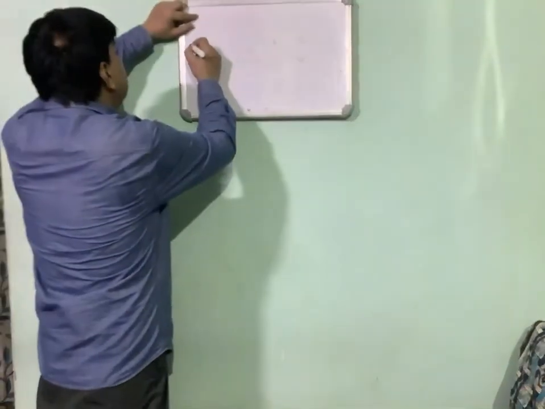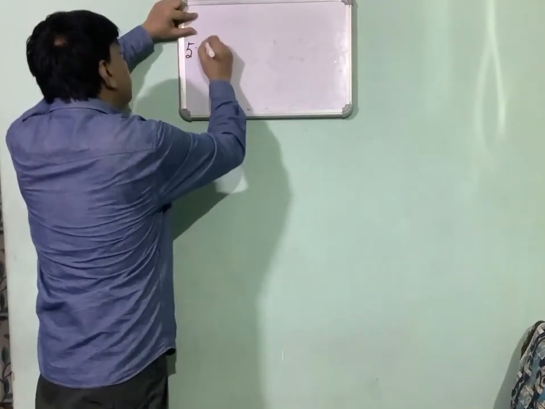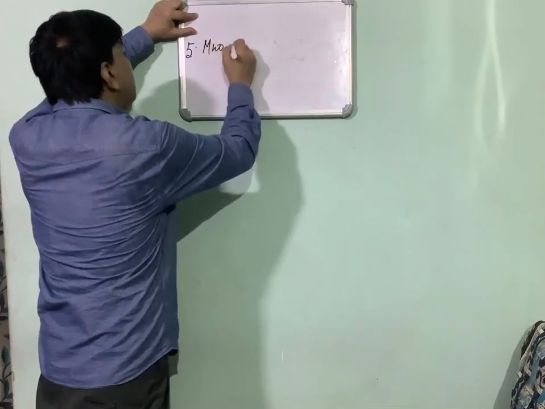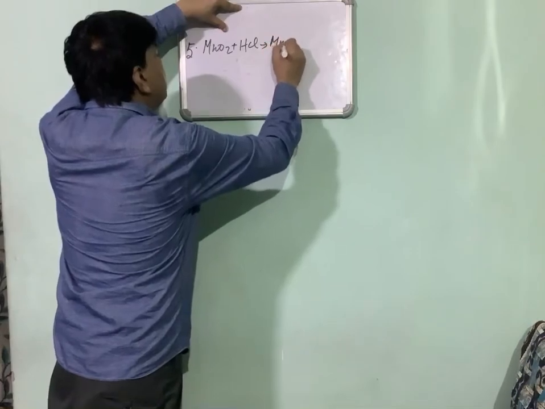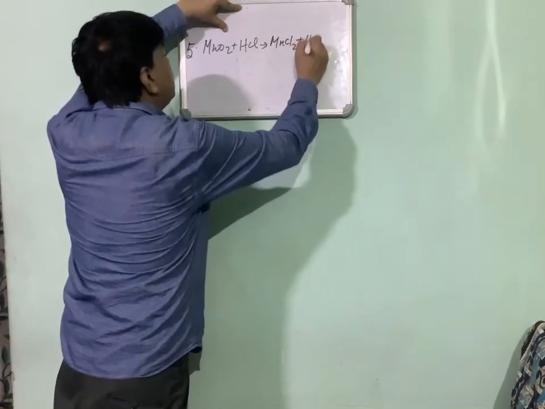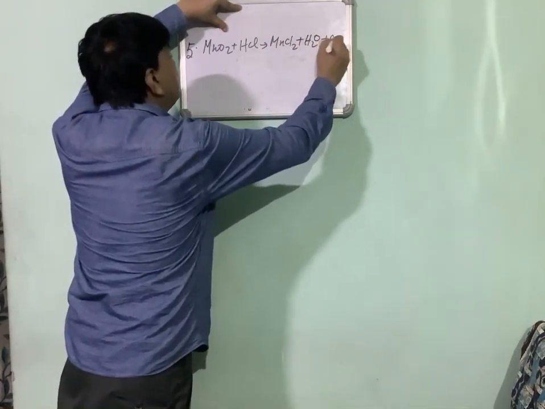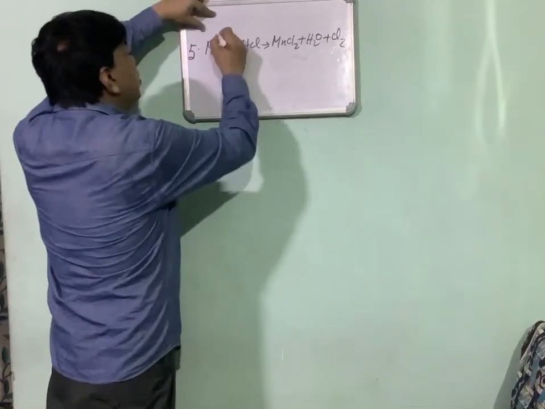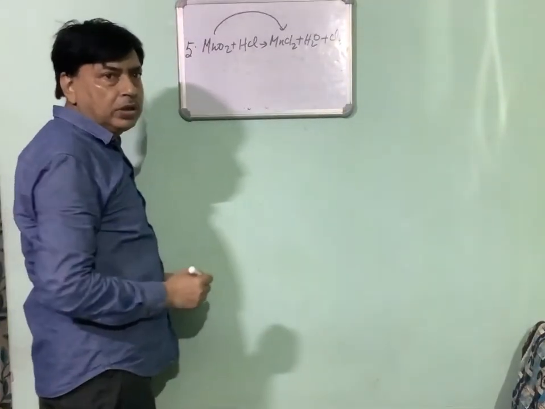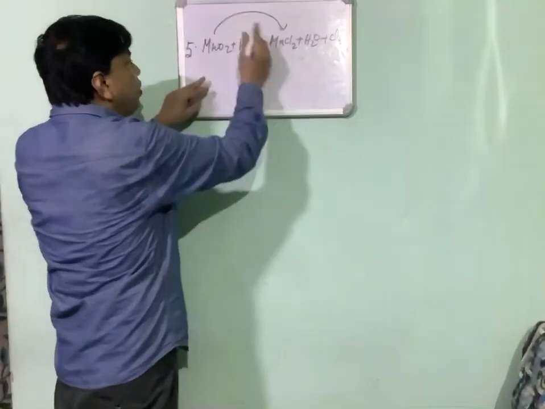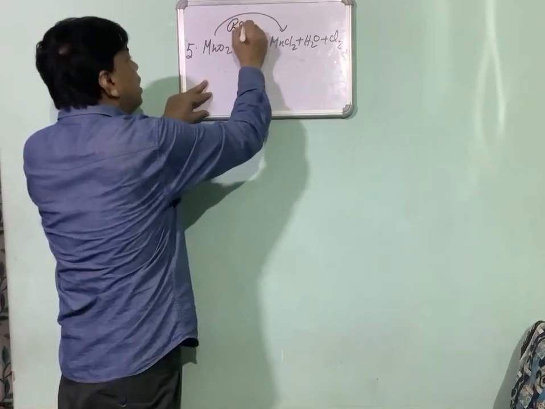Now I am giving the fifth example. In this equation, MnO2 plus HCl forms MnCl2 plus H2O plus Cl2. Here, MnO2 to MnCl2, loss of oxygen takes place. So that is removal of oxygen, which is called reduction. And